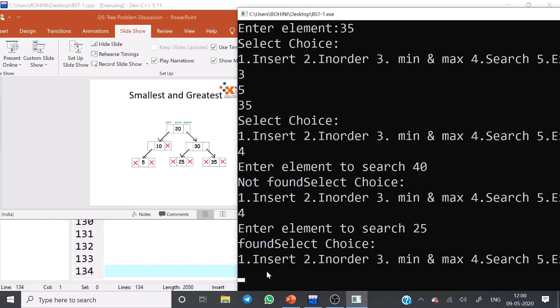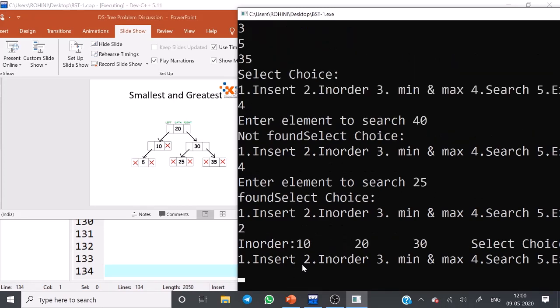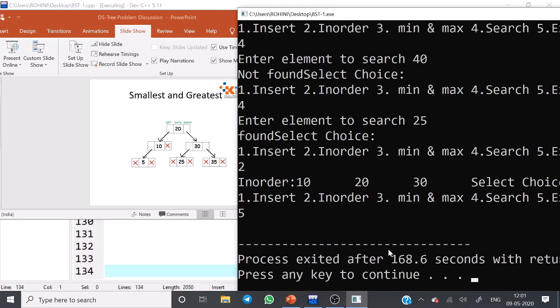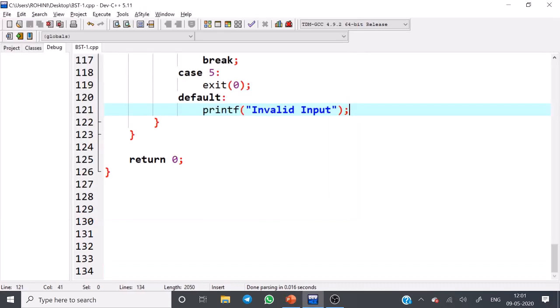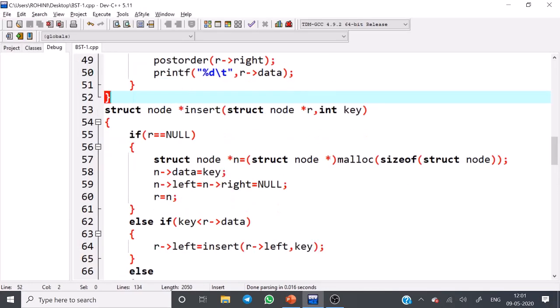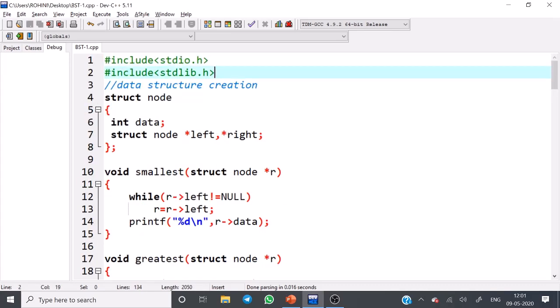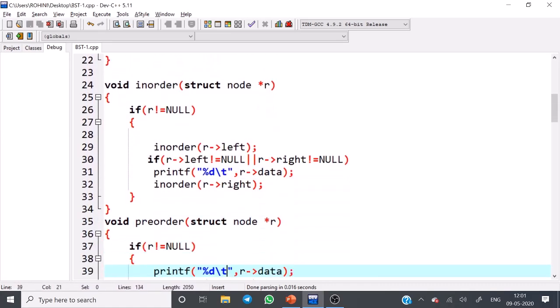Here I just print the internal nodes by using the second option. The internal nodes are 10, 20, 30, so that will be printed. There I have applied the condition. I just exit from the code. See here, in the code itself I have applied a condition in the in-order traversal. In this way we can solve this problem.